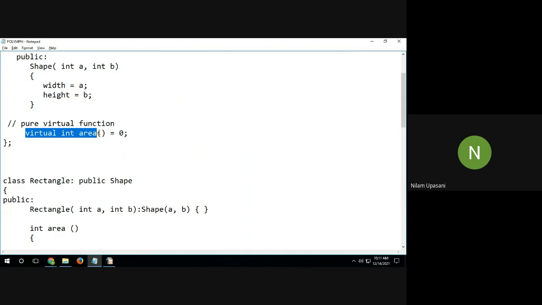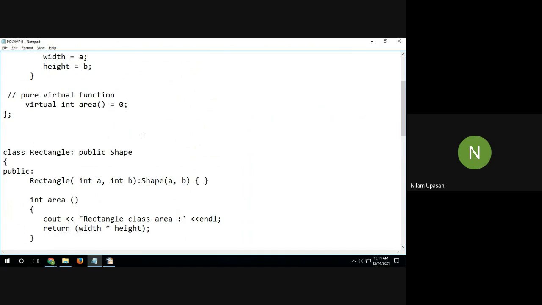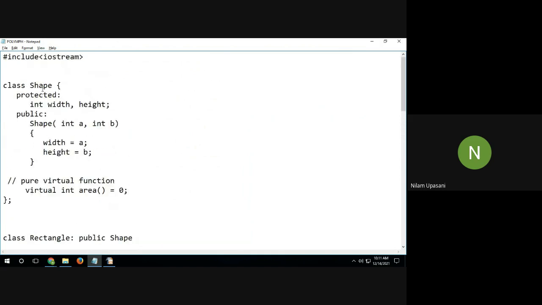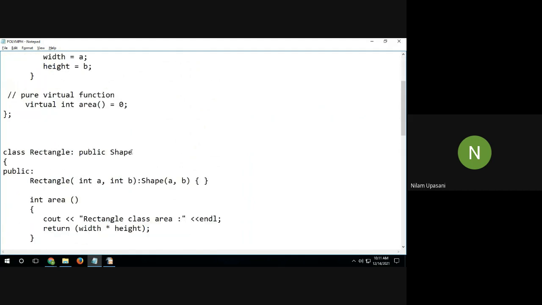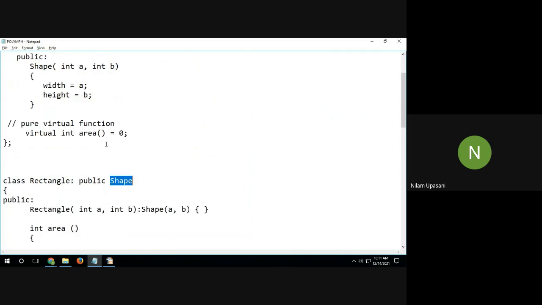So what will happen if it is a pure virtual function? Pure means no body, and virtual is the keyword I'm adding here. So now this is a pure virtual function. Whenever this pure virtual function is there, this shape will be treated as an abstract class now. This will be treated as an abstract class, and whenever you try to inherit this abstract class, all these things